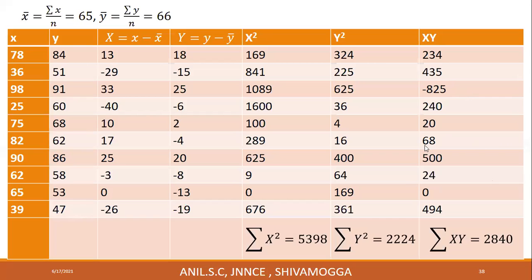See, this is the table. Summation x square 5398, summation y square 2224, and xy 2840. R is